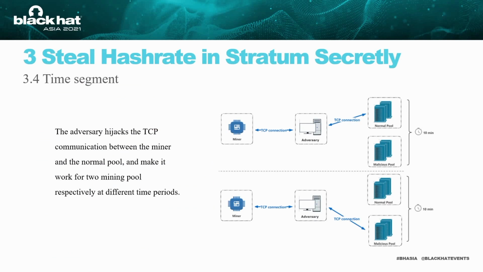But the job injection solution is not suitable for every miner. Therefore, we have a third one, the time segment method. The adversary in the time segment method hijacks the TCP communication between the miner and the normal pool, and makes it work for two mining pools,